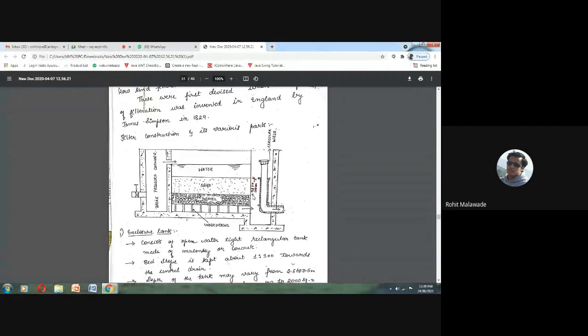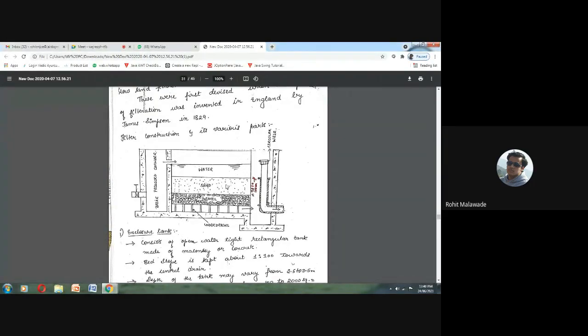So here we are going to have a depth of around 90 centimeters. So we are going to have the raking, hand raking, and all. So this particular cleaning of your rapid sand filter is completely manual, right? We are going to use manpower in order to remove the very fine suspended particles which are present in water. Then again a 40 centimeter layer of the sand is going to be removed, right? It is 90 centimeter thick minimum, and the maximum is 100.